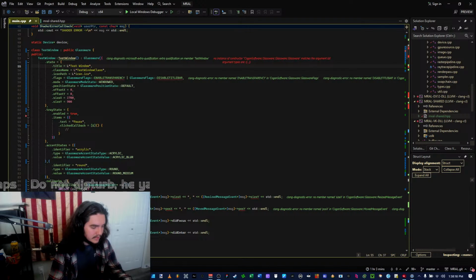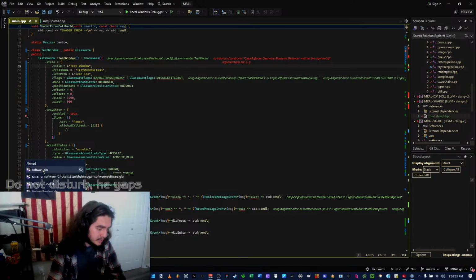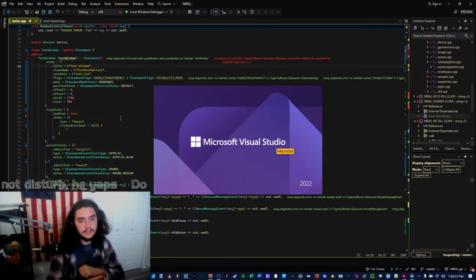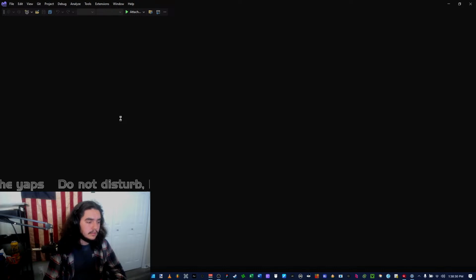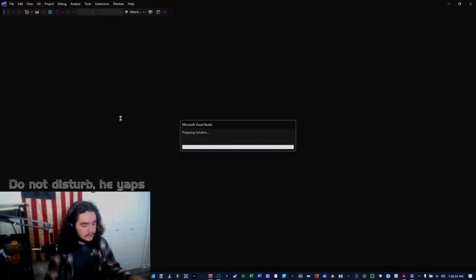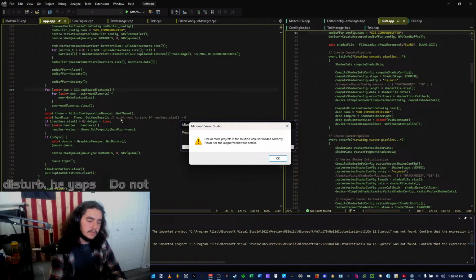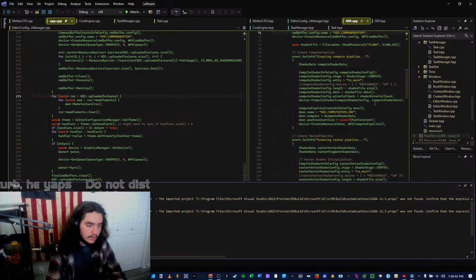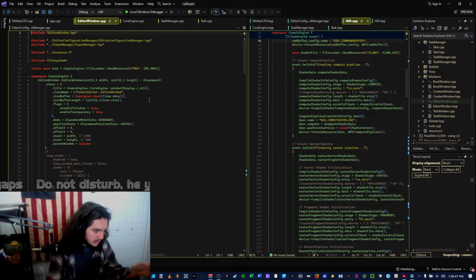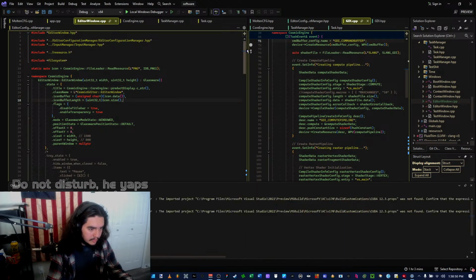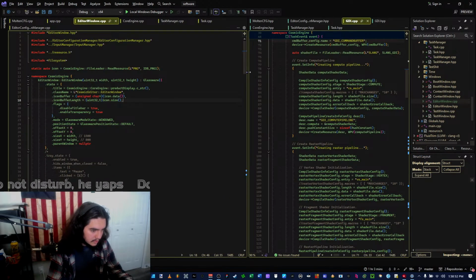This though, I gotta remember what I changed here. So we're gonna open up software. Yeah, I know it's never gonna load correctly. Alright, let's see. I want to compare and contrast these real quick.